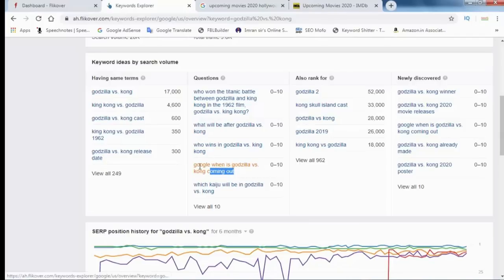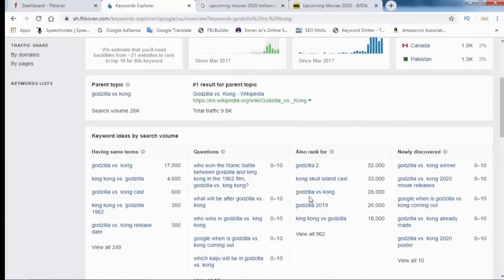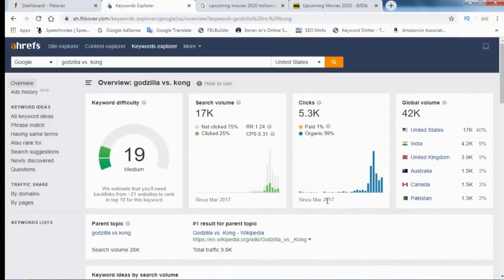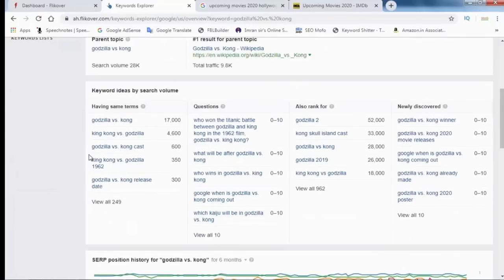These are all questions. If you write any content on these questions, and if you are using these keywords in your article, it will rank on the Google first page. Here you can check very low competition. These are very low competition keywords. Searches are okay.